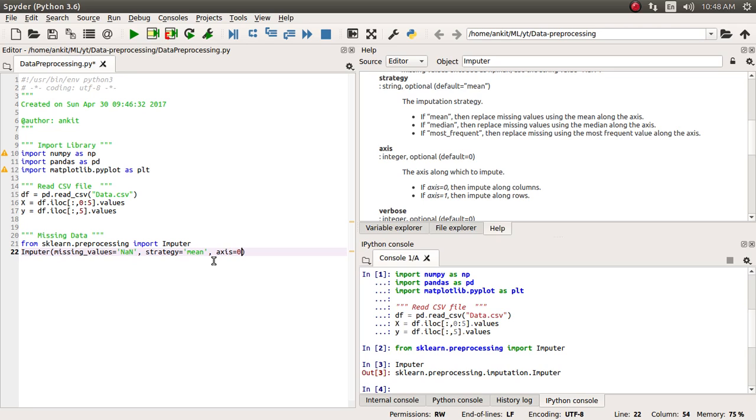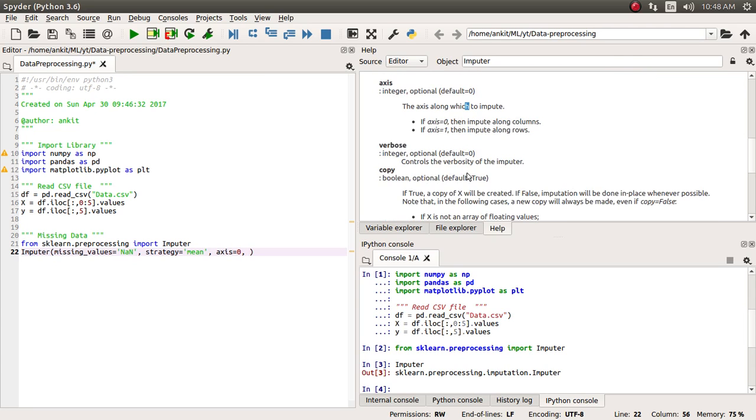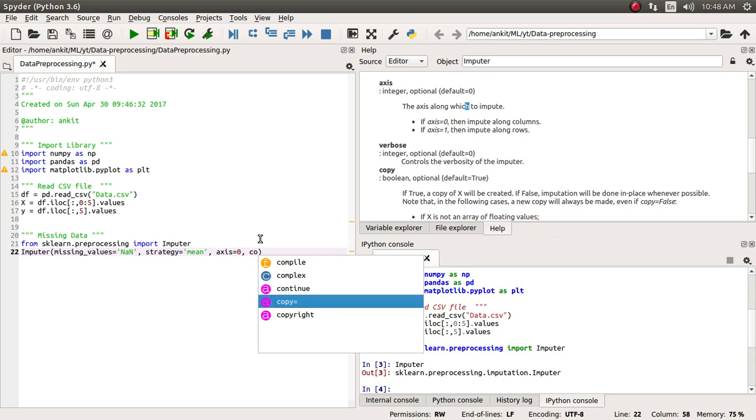So we will supply it here 1, but it doesn't make sense, by default it's a 0. And the third one is verbose, we do not need it actually. And copy, whether you want a copy of whatever the transformed data will be created as a part of your original object only. So if you supply this true, then a new copy of this input object will be created. If you supply this false, so we'll supply it false,